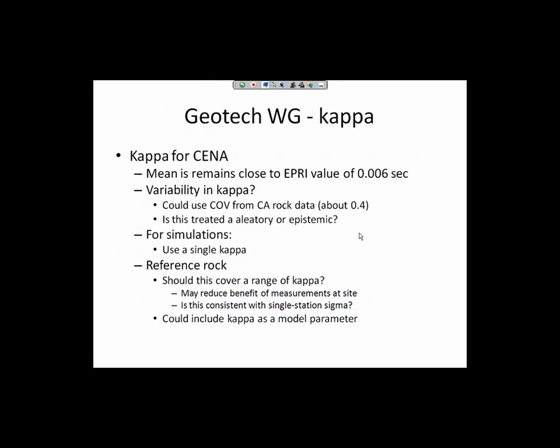Okay, so range of VS30s, range of Kappas, and all that variability gets thrown into the underlying rock ground motion variability. Are there any other concerns of people who have, especially those of you who've been working on sites, if this is missing anything that you would want to use on a site-specific calculation? Ralph.